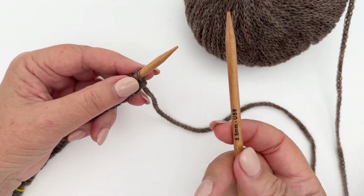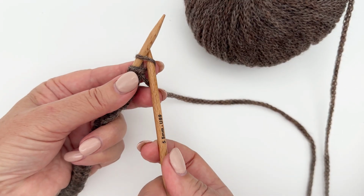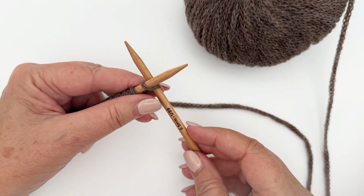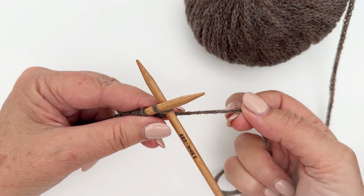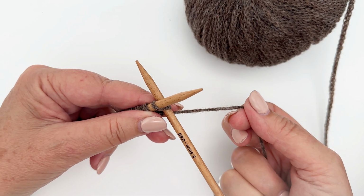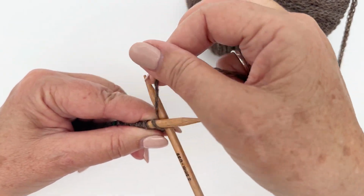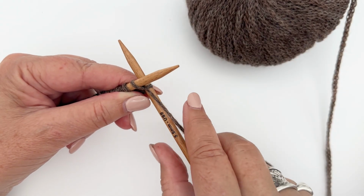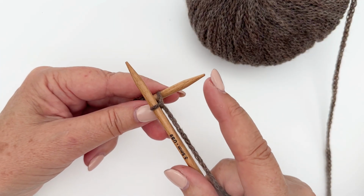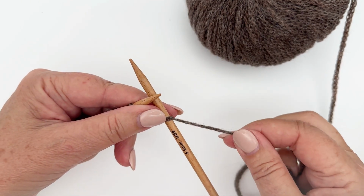So to start knitting, take the right tip and we go into the front of that first stitch. So you can see how I've done that. So my right hand needle goes under the left into the front of the stitch, crossing over. Take the working yarn, so you're holding all that in your left thumb and index finger. Take your working yarn, wrap it around and under the right hand needle like you did with the casting on, over the top of the right hand tip, hold it gently back against that right hand tip, slide it back, and then this time instead of adding the stitch to the needle, we are just going to slide that off. So we have knit our first stitch,